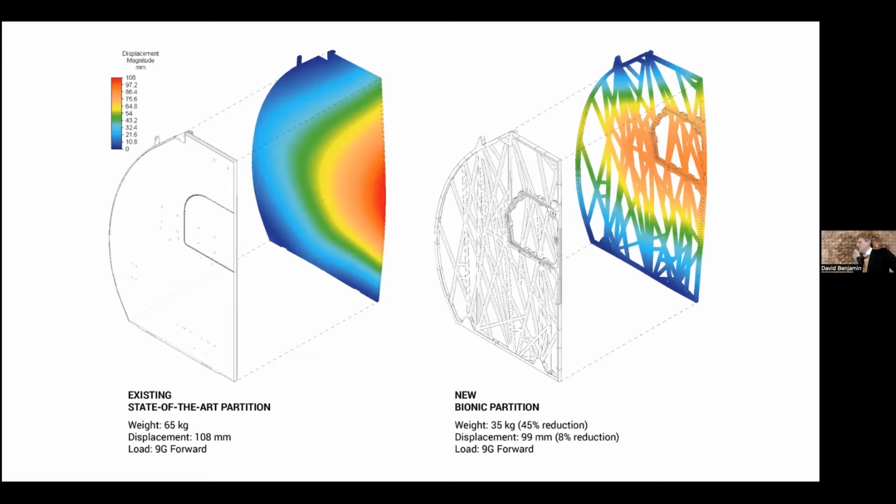So, big ideas, some technology exploration. The bottom line, though, is that if you look on the right, we were able to reduce the weight of this partition by about 45% and increase the strength by about 8% compared to the one on the left, the typical partition. This translates to less fuel consumption. This obviously saves money. But the real big picture thing is that it saves up to 1 million tons of carbon emissions per year if it's rolled out to all the A320s flying today.